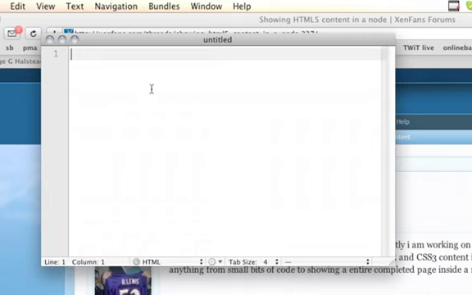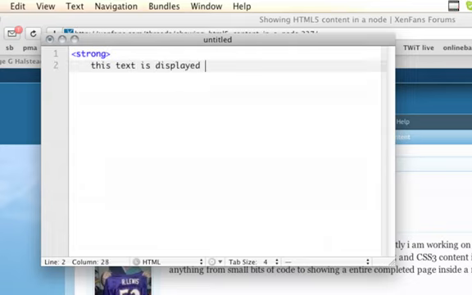Normally, if you create HTML, such as strong, this text is displayed bold, and close the tag. So normally if you have HTML showing in blue here, like strong and close of strong, if you put that in the page node and save it, it would actually parse the HTML tags and show the content that's displayed in bold. So how you can prevent this is by converting the little characters here and here, the smaller than